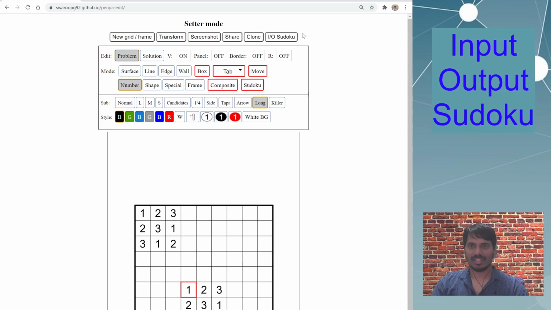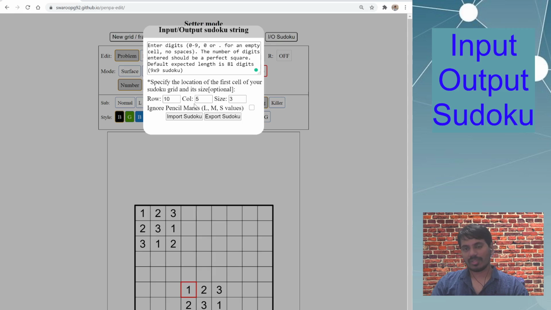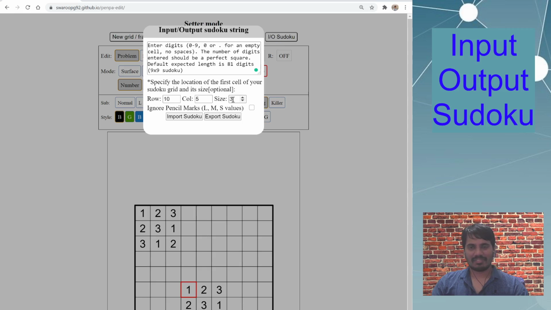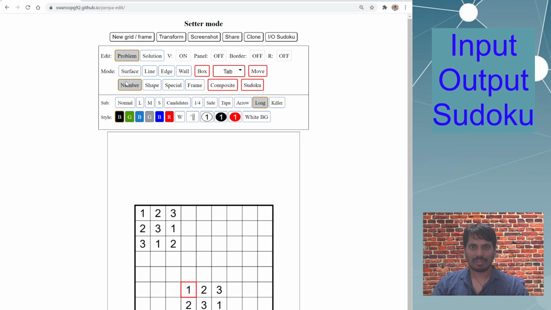So you can see how powerful this feature can be if you use it in the right way, and it allows flexibility for your grid design to be wherever and however you would like it. And the final feature which I want to explain is ignore pencil marks. That's basically if you're solving, for example, in Sudoku mode, the corner and center digits. If you have pencil marks like this,